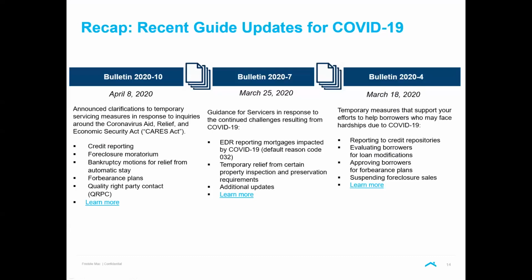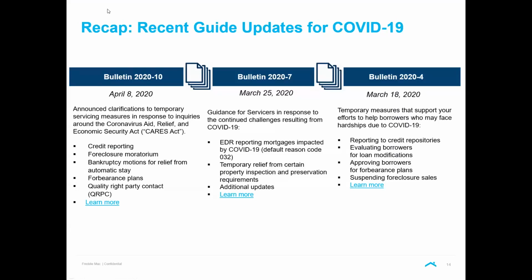I bring that up because yesterday Fannie Mae made an update to their servicing lender letter for COVID-19, and you'll know that we didn't have any bulletin. So Fannie Mae yesterday announced that they have changed. If you saw FHFA's press release about a week and a half ago, Fannie Mae is now matching us on what we call an activation cycle, meaning that a loan that is delinquent, whether or not it's on forbearance, you're required to pass through Freddie Mac scheduled interest to us every month until the loan hits the 120th day of delinquency, in which case it becomes inactivated and you stop passing through any scheduled